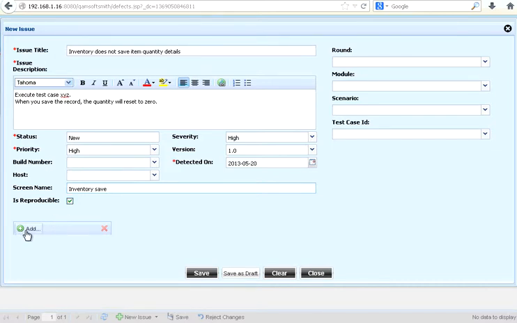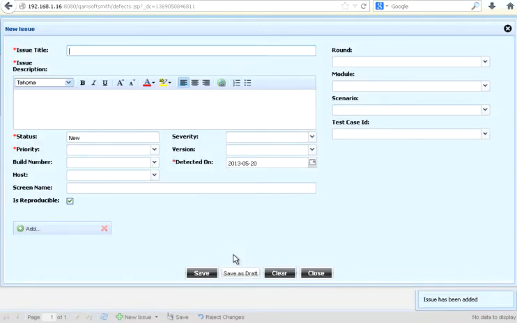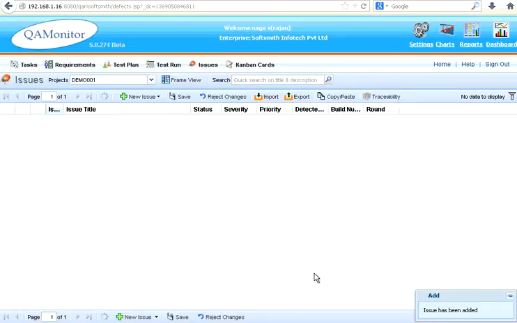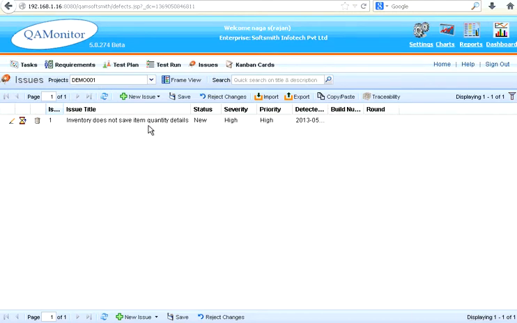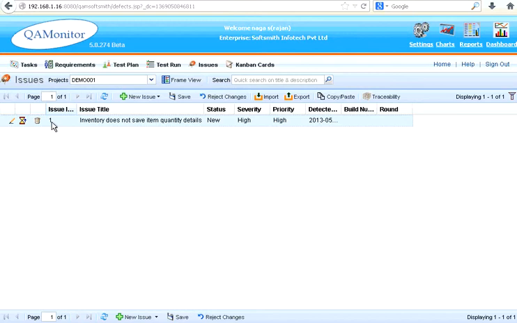If the bug is reproducible consistently, you can select that. By default, it is checked on. If you have any screenshots, you can add them as an attachment. Then you can save as a draft, come back, verify that, then save it as an original bug. The moment you save that, it adds the bug. If you go back, the bug is assigned a new ID. The issue ID will always start with 1 as a serial number. The very first bug of the project will have 1, and it keeps on incrementing, auto increment.